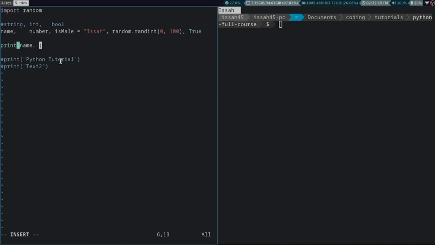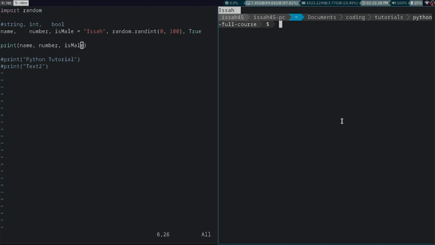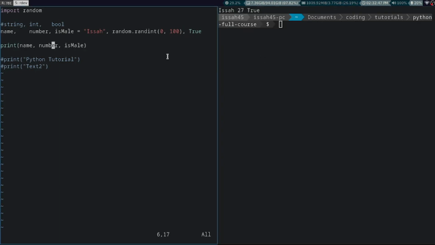If I print name, comma, number, comma, is_male, this is 52, true. So 52 is the random number that it generated. For instance, running again it says 28, then again 18, 24, 17. So it generates a random number. So anyways,